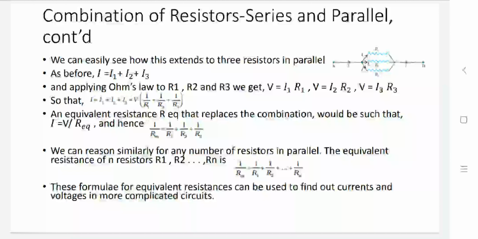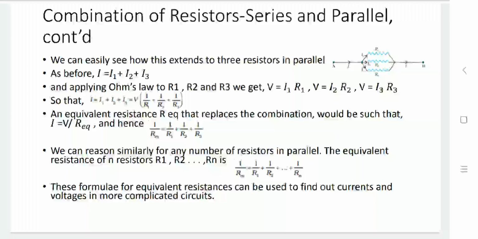But the actual numeric value, whatever it will be, is the same for all these 3 resistors connected in parallel. Current is going to be divided, so I equals I1 plus I2 plus I3. From Ohm's law, make current the subject of the formula, so we get voltage by resistor. And total current I equals potential V divided by R equivalent. So my final equation would arise like 1 upon R equivalent equals 1 upon R1 plus 1 upon R2 plus 1 upon R3. Likewise, for any number of resistors connected in parallel, the same equation will be available.